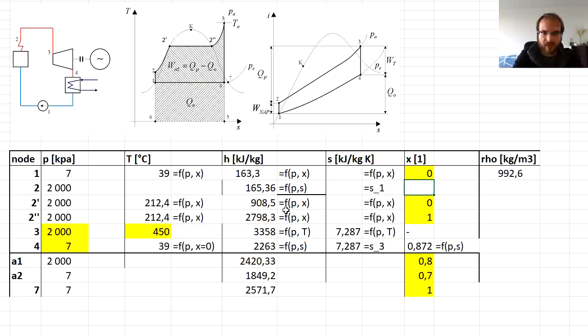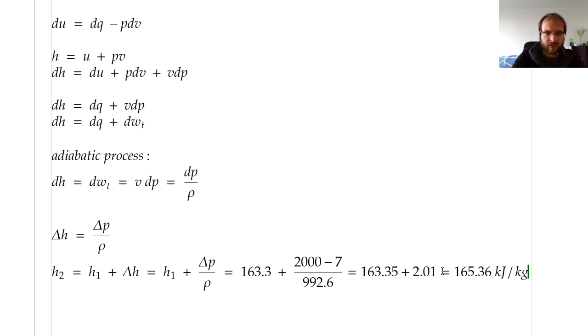Again, the steam quality does not make any sense, since the fluid is in subcooled state. And the last thing, which is temperature. Normally the temperature could be determined also as a function of pressure and entropy. Since we also want to make some estimate, what we can do, it is not very accurate, because it's valid just for ideal gas, but we could